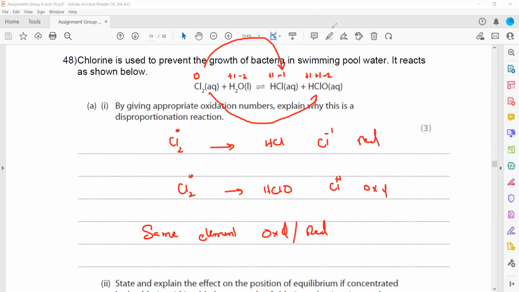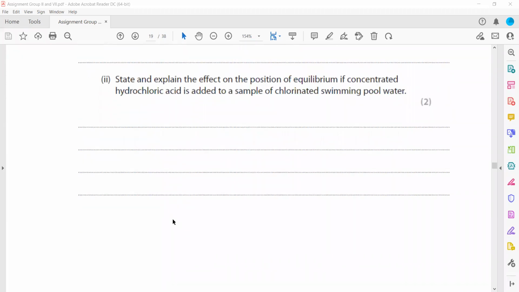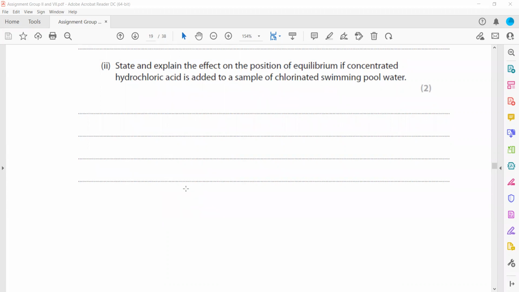So 1 mark is for mentioning the change to reduction, 1 mark is for oxidation, and another one is just referring to the same element. State and explain the effect on the position of equilibrium if concentrated hydrochloric acid is added to a sample of